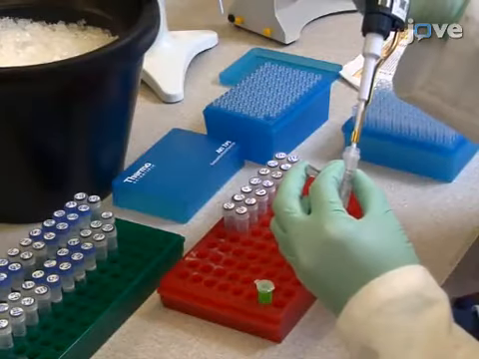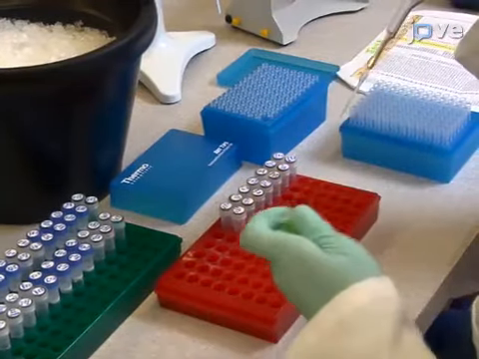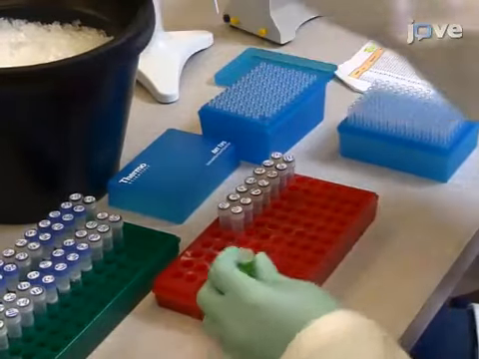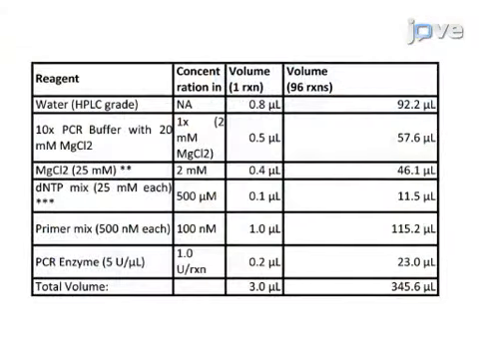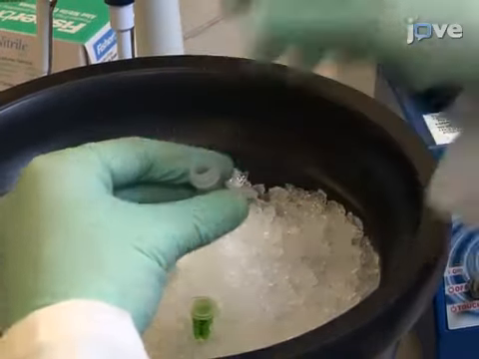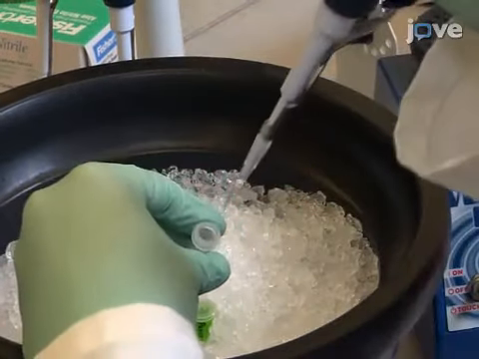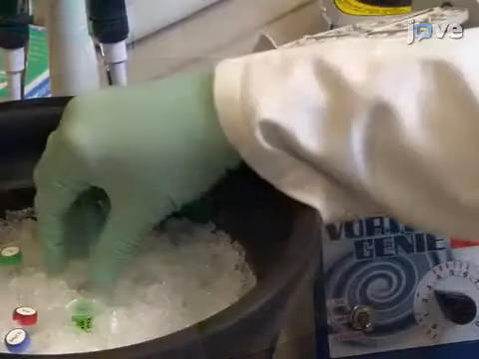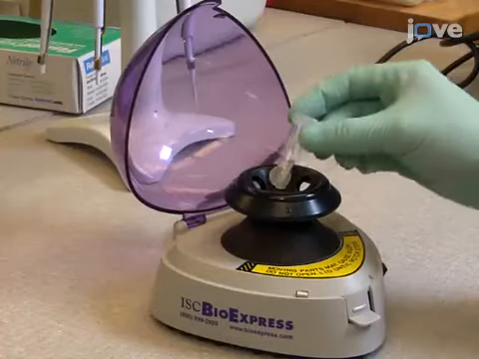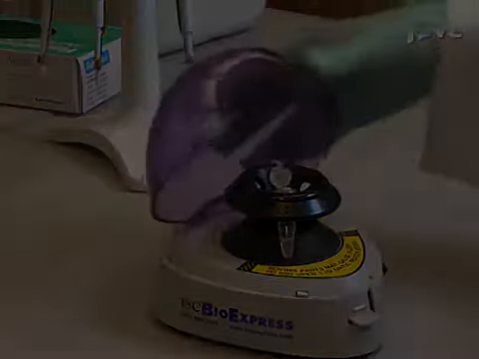In a 1.5 milliliter microtube, combine all the PCR primer pairs of each single nucleotide polymorphism as detailed in supplement tables 1 and 2 of the text protocol. Then, prepare a PCR cocktail as described in the manufacturer's protocol. After vortexing the tube lightly, centrifuge for 30 seconds at 2000 times